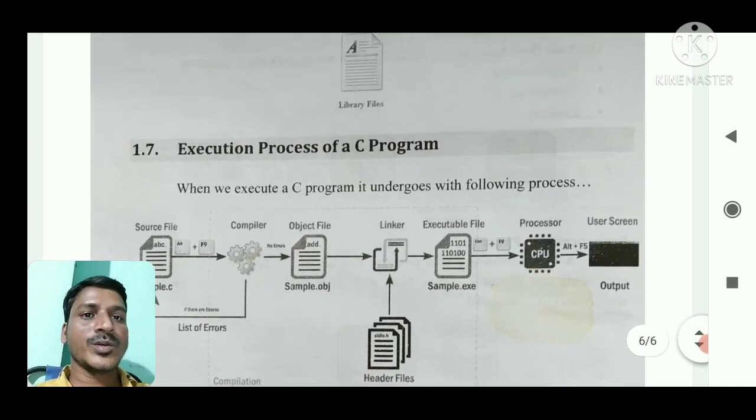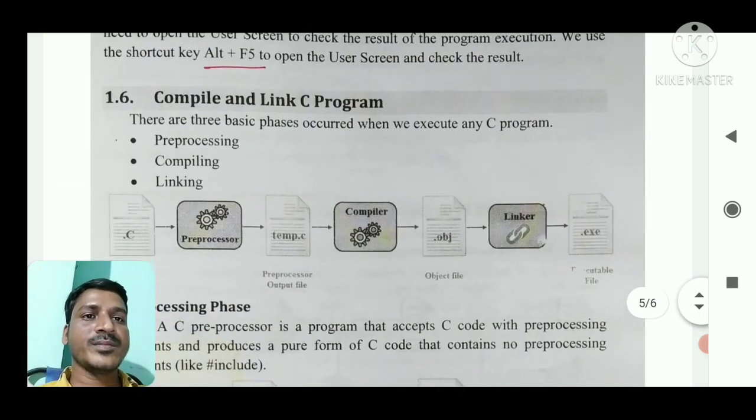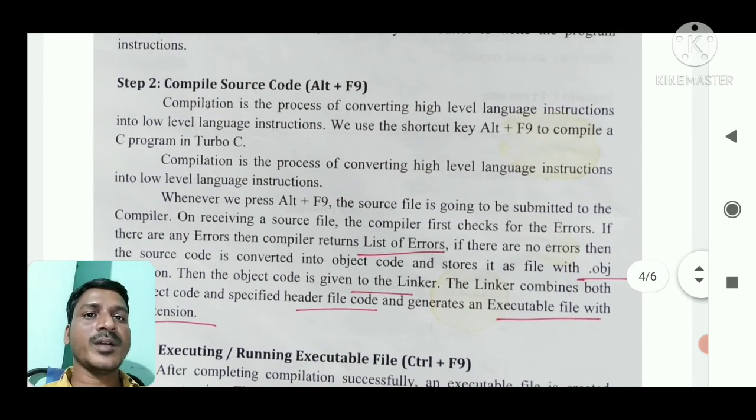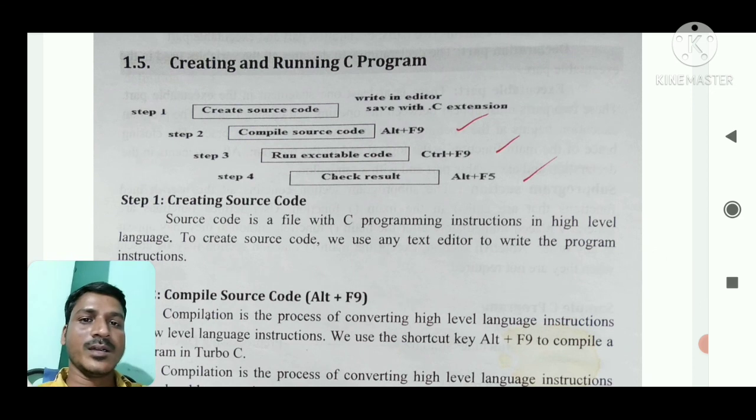Dear students, this is the process of creating and executing a C program. In this lecture we studied the compiler and linker. Some shortcut keys are there.